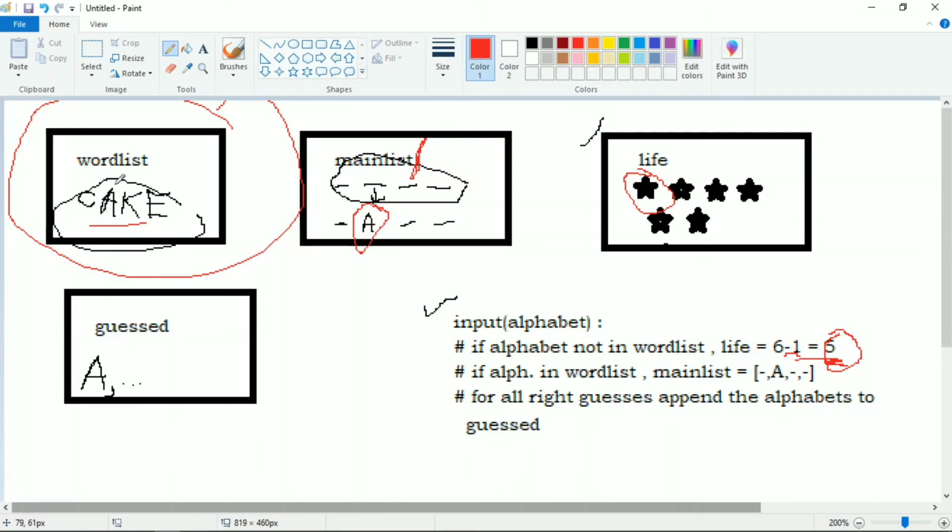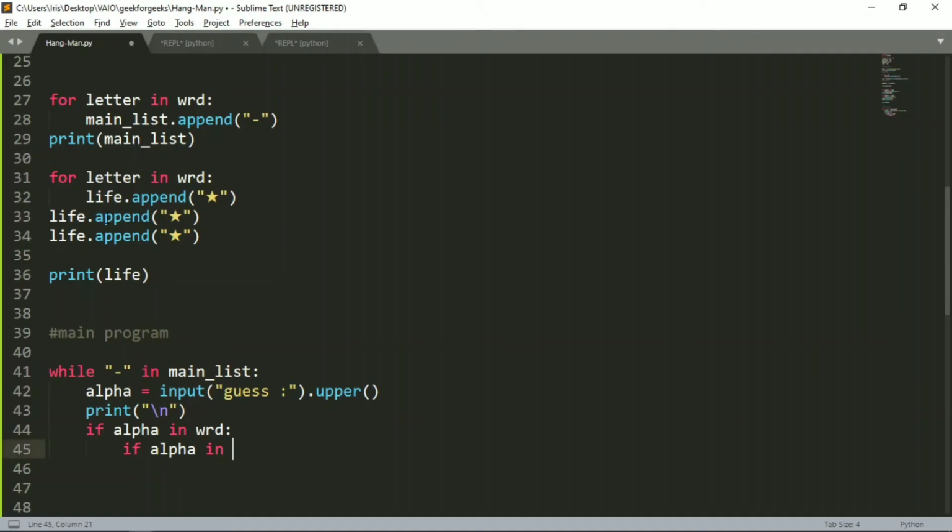which means that there's an issue, right? Though he has guessed it, he's using it again and again to make fun of the program, to cause problems in the program. So we would also create a nice feature so that that issue would not exist. So what we'll say is that the alphabet is already present in our main list that we are checking from.